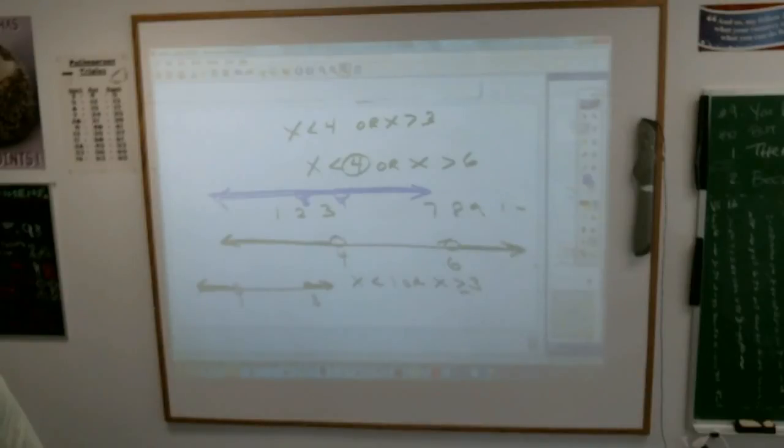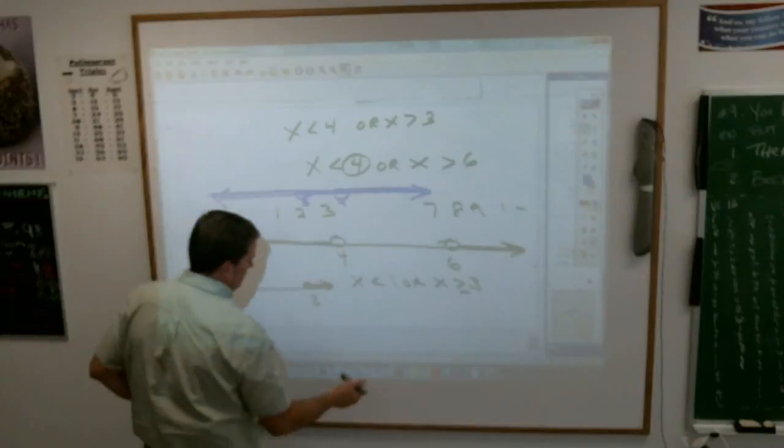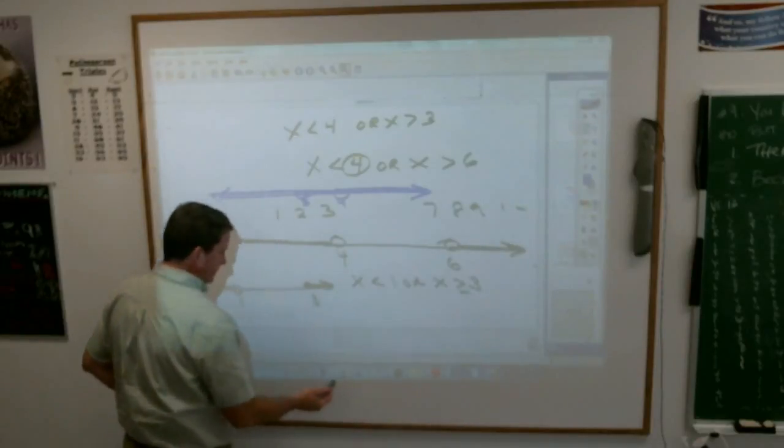I was going to say open your books. Take out your homework piece of paper there. So looking at the two